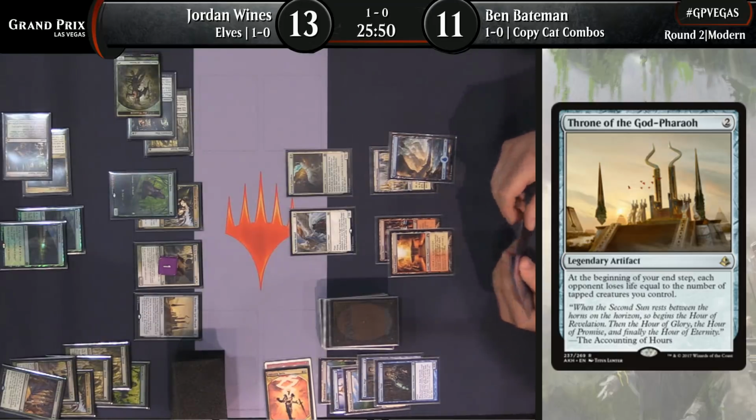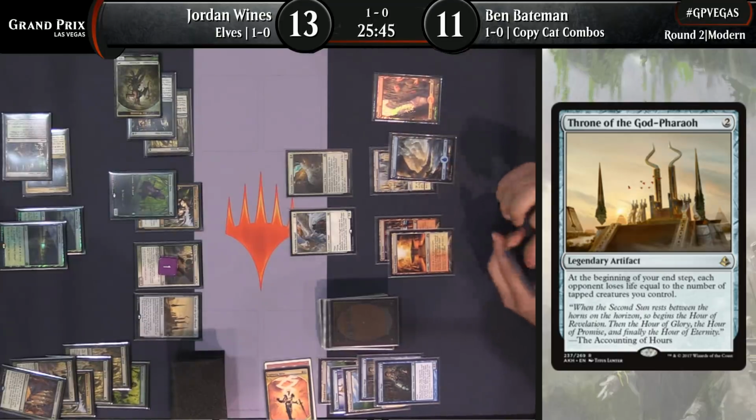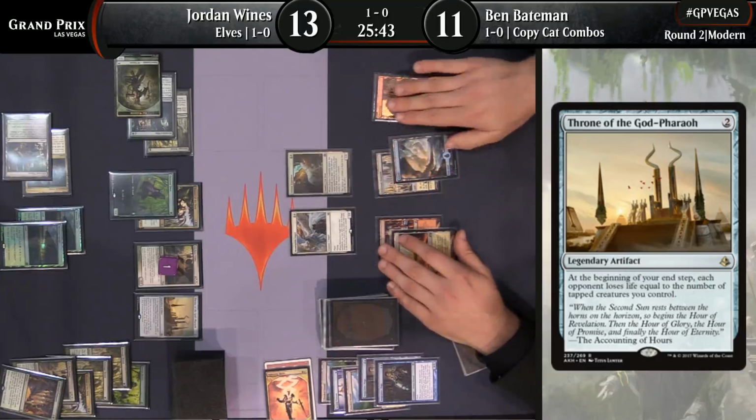Amonkhet, the Modern powerhouse. Oh, wow. Just the way you drew it up, Paul. Well, there's that 5th land. So Teferi can come down, but is there time for...